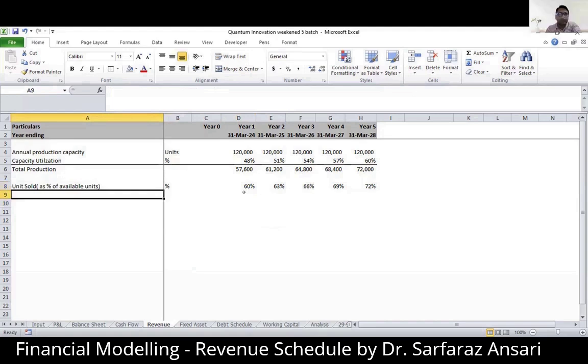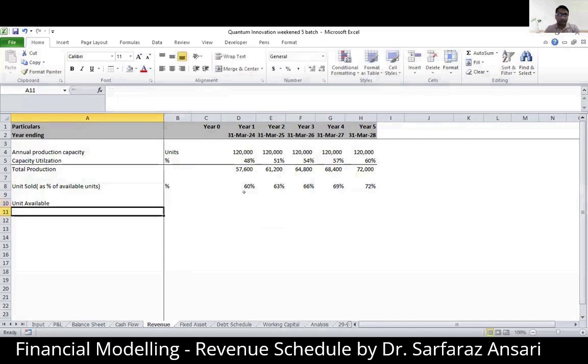Okay. So this is unit sold in terms of percentage, right? Can we calculate the unit? No, let us just do one thing. Two things we need to calculate: units available, and I need to make a small format for that. Opening stock,